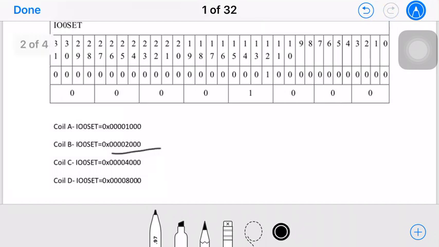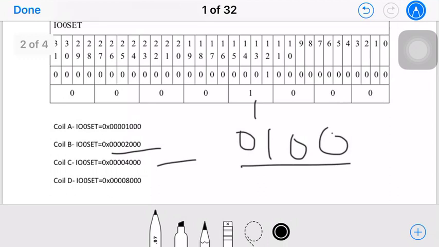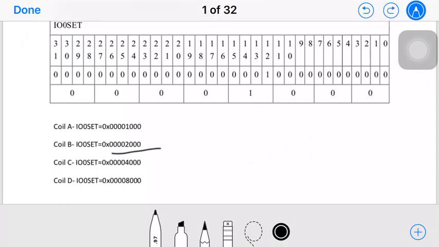So I got this. Similarly, if I want to go for C, then the 14th pin I will be making 1. So this will be 0 1 0 0, which is nothing but 4, right?